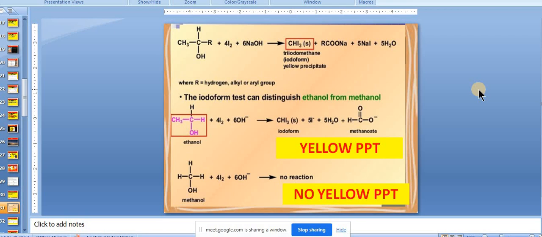You will write the reaction. 46 I told you. 46 is written CHI3, and so this you need not write. You write simply NaI and HCOONa. NaI and CHI3, 5 NaI, 5 water, HCOONa and yellow ppt. Because you have to write both things, reaction as well as observation. If you want full marks, you are not giving any chance to deduct any marks. So please write reaction as well as the observation, right?